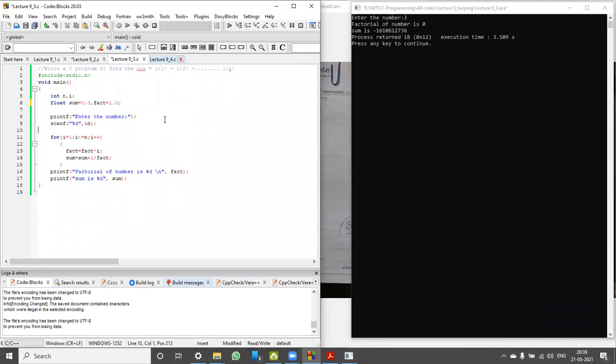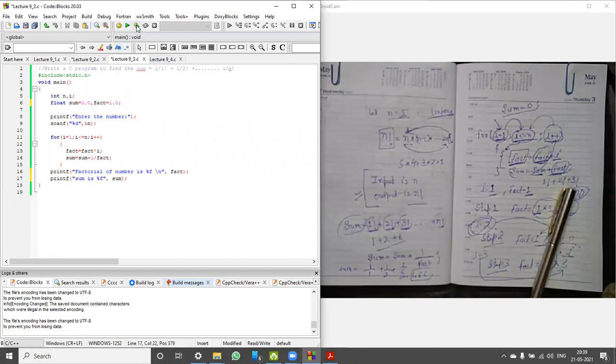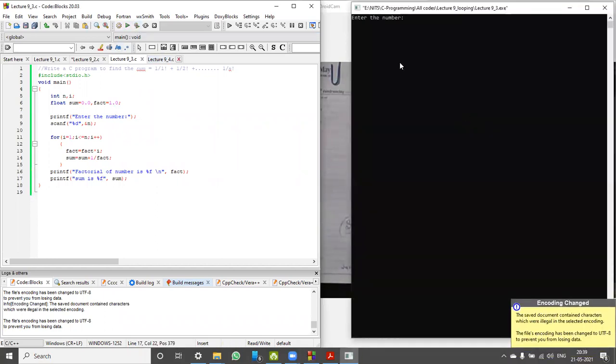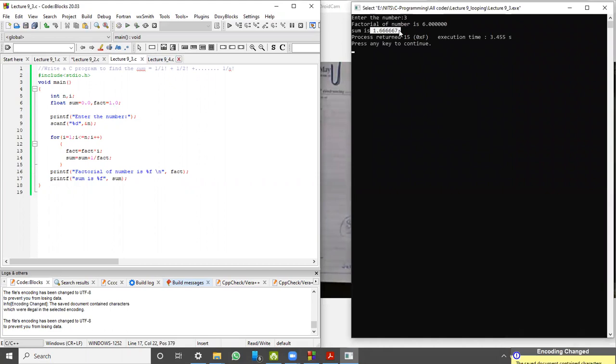And okay, there's an error that you have to use percent f because it is a floating number. Now I'm going to execute this. Let me take number 3. So factorial is 6.000 like this, and the sum is 1.6.